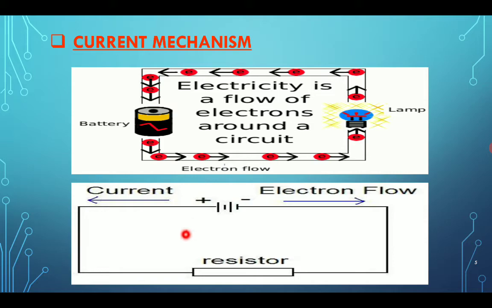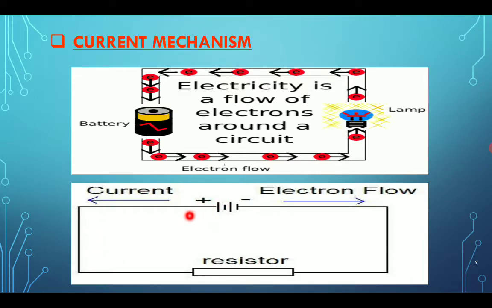Let us understand this diagram in the form of a circuit diagram, where we have this resistor. This resistor is nothing but our bulb. The bulb shows some resistance to a given flow of current. So this is a resistor, and current is flowing. You can see from this figure that electrons move from the negative terminal, pass through the wire, enter the conductor, and enter here at the positive terminal.